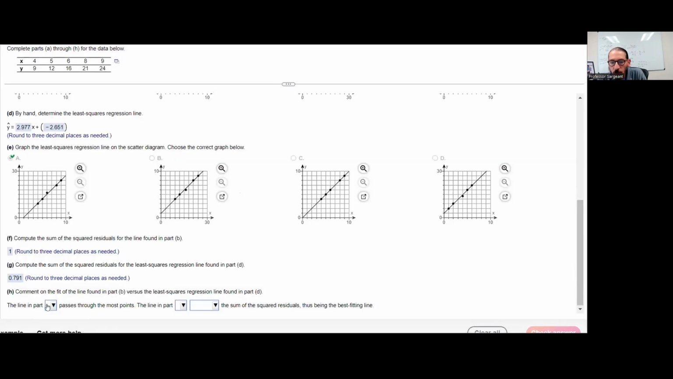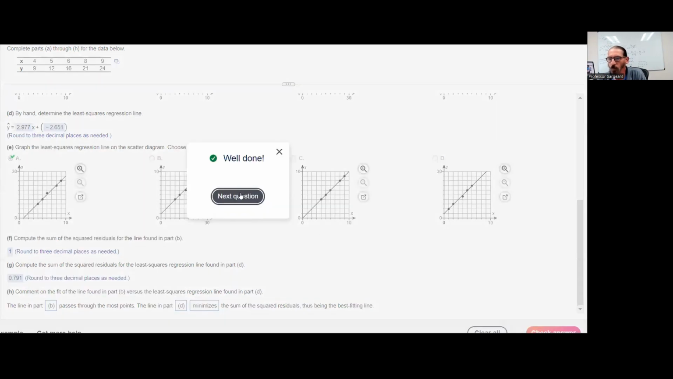So the line in part B passed through 4 of the 5 points, but the line in part D has the smallest sum of the squared residuals. We haven't considered all possible lines, but again, this is not a proof, but to give you a sense that we are actually getting a better, in fact, the best fitting line from the linear regression equation. Okay,